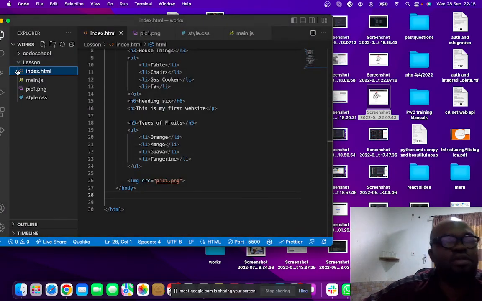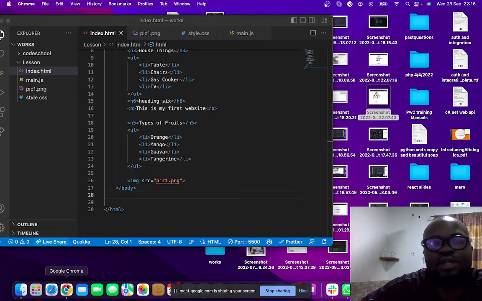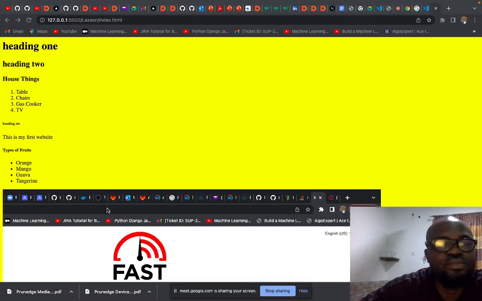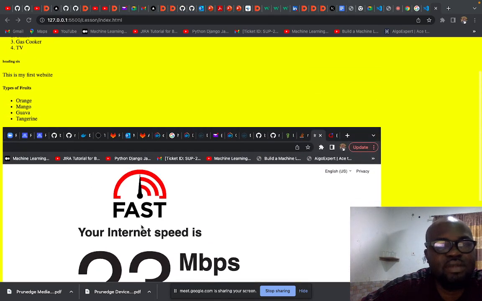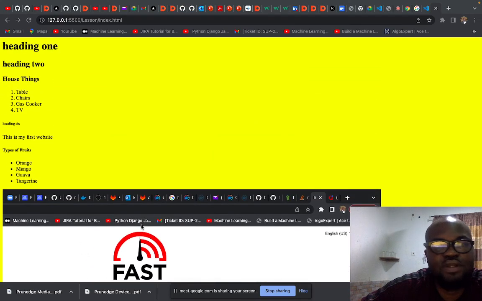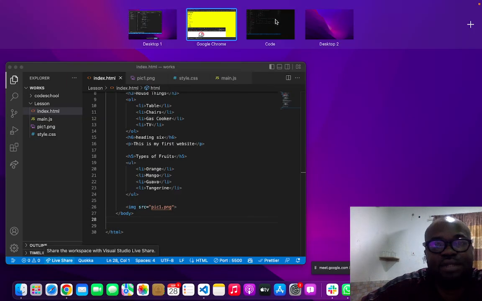Move. So it has to be inside the same folder with these files, so that when you go to check now, you can see the image. This is the image now, it's now here, but it's very big. If you want to reduce the size, you can get back to this place